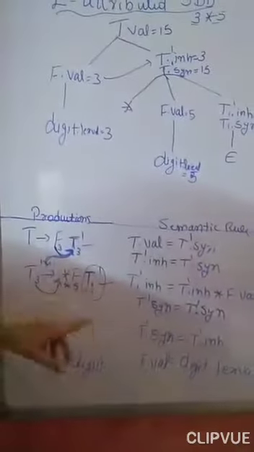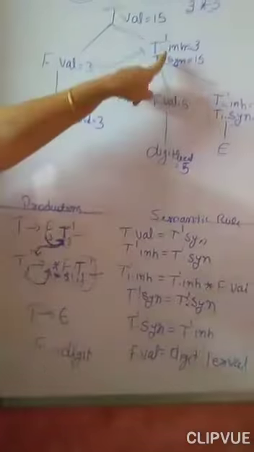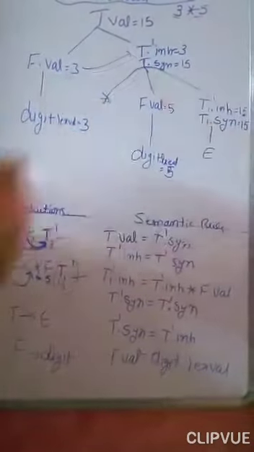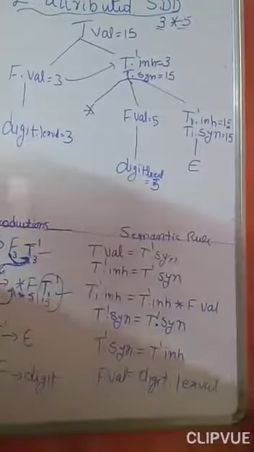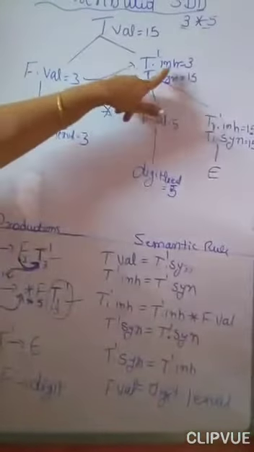Just to differentiate that it is at the body of the production and it is the head of the production, we have not taken the dash here, and here we have taken the subscript dash. Okay, but both are the same non-terminal. I think there is no doubt with all of them. Only the doubt is with this inherited value. I think now this is also cleared.